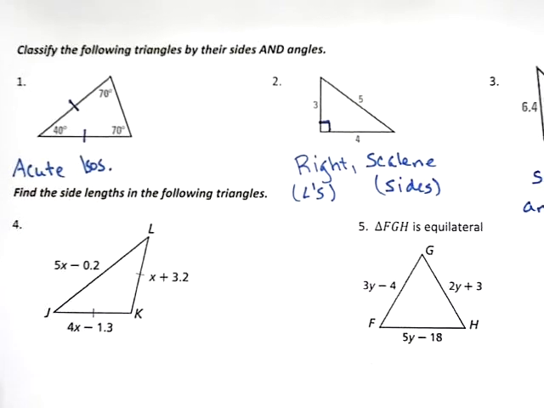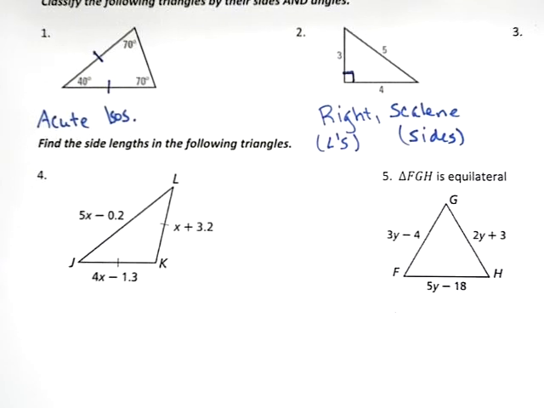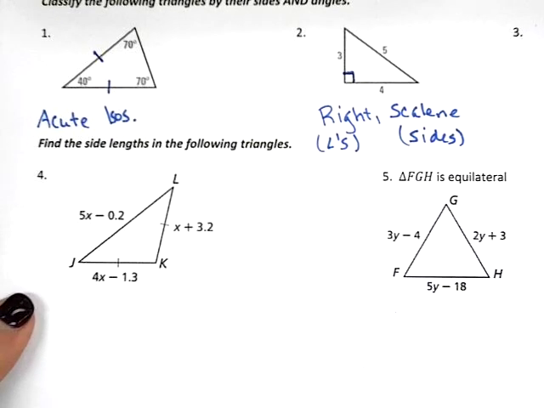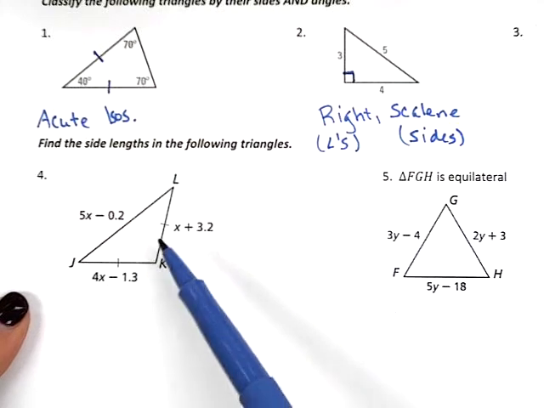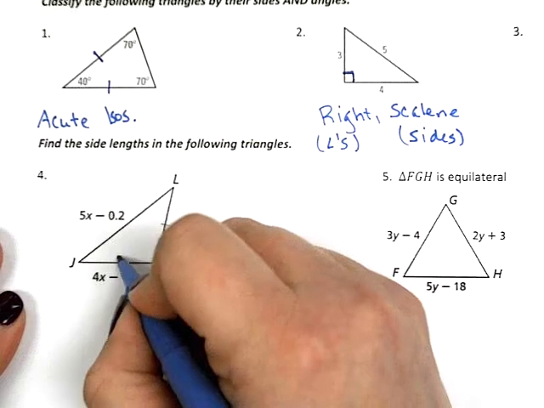All right, take a look at number 4. You guys have to start thinking about what some of these corollaries and theorems that we just talked about actually mean and how to apply them, okay? So we want to find the side lengths in the following triangles. And when you look at this triangle, we see 3 different expressions here, okay? The other thing that you should see is that there's a tick mark on JK